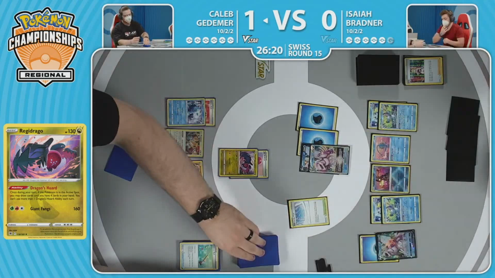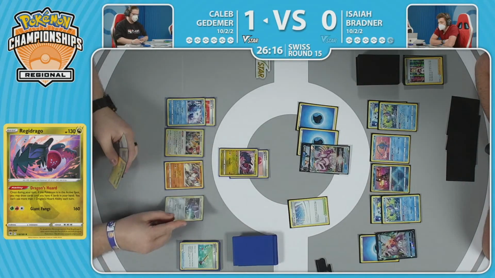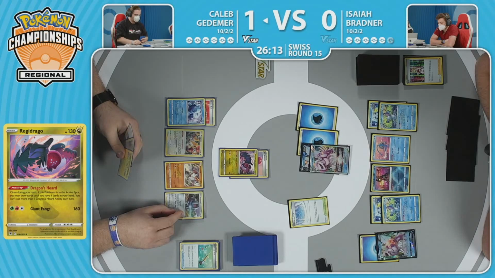It looks like he's got the options. It's going to be the Dragon's Horde. Well, there's the Regieleki and the Registeel. And a Steel. That's all of them. Yeah, that's the combo. He just hits it off the...